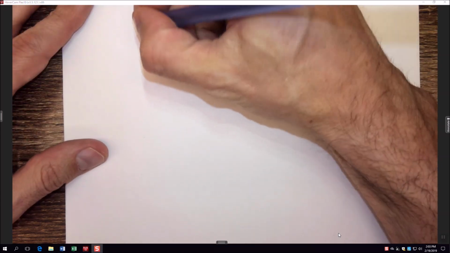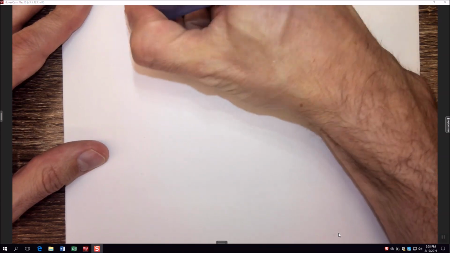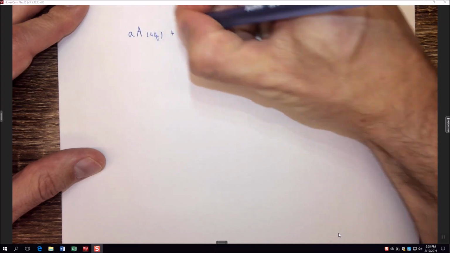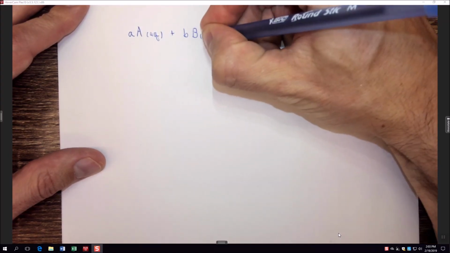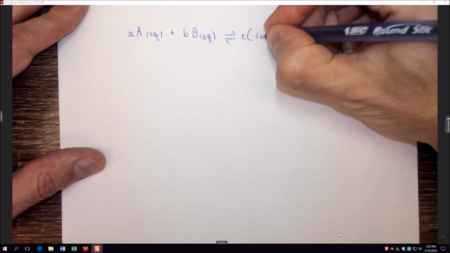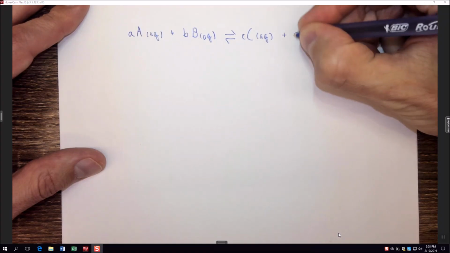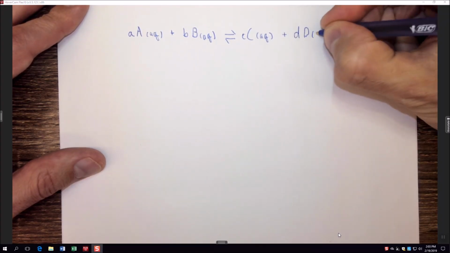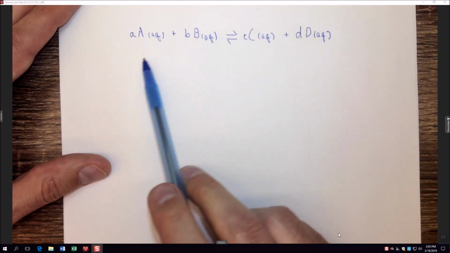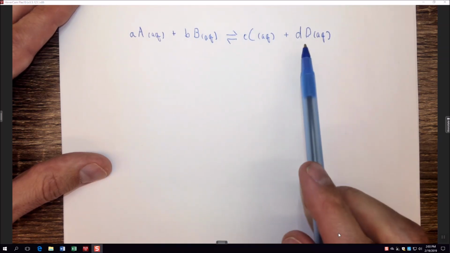This reaction is done at lots of different general chemistry labs. So let's talk generally about what an equilibrium reaction is. So let's say that we have small a, A, aqueous, plus small b, B, aqueous, and it's in equilibrium with small c, C, aqueous, and small d, D, aqueous. So this is an equilibrium reaction where the reactants are forming products, but then the products are